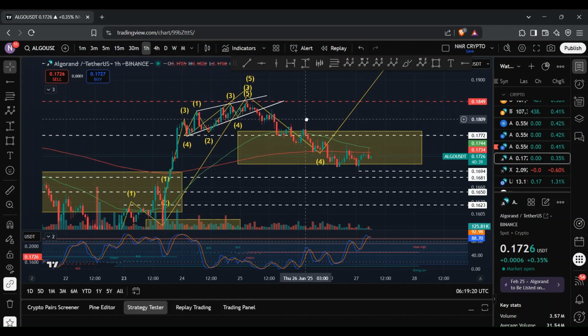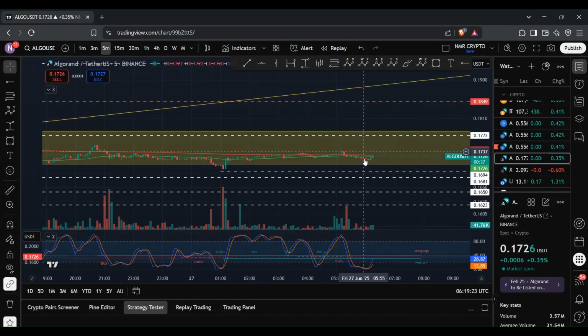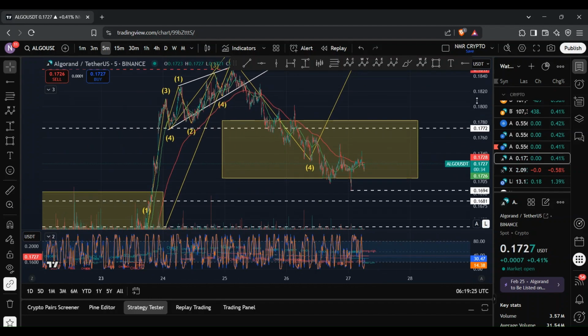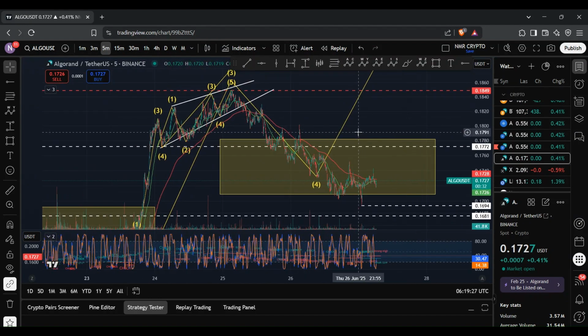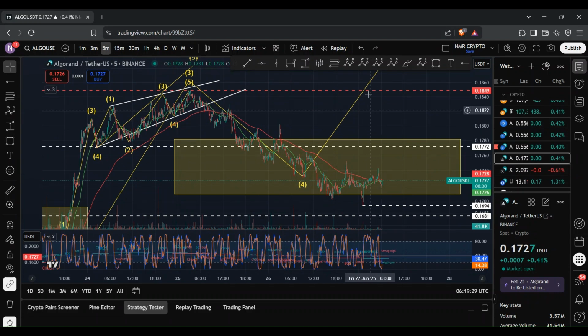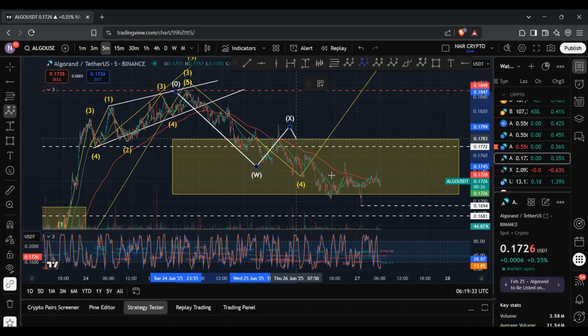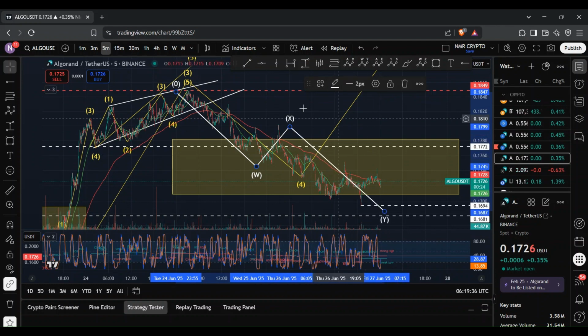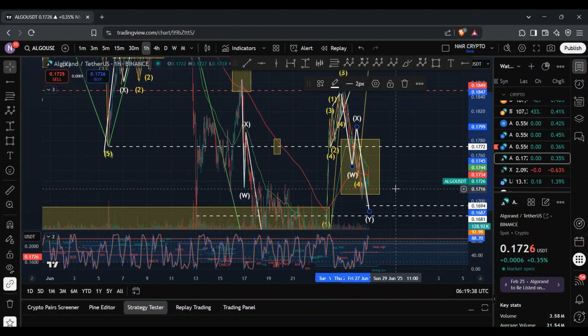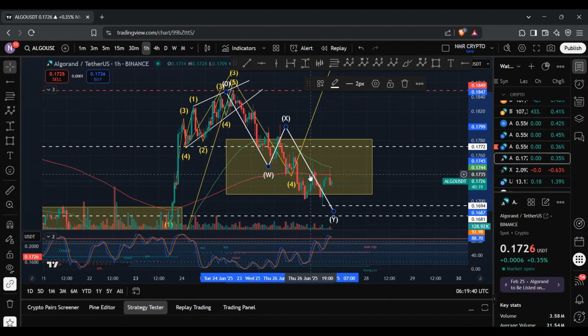And so what I'll do is go on the 5-minute chart. And I did mention in my previous video how I was tracking a WXY structure, where this was the W wave, this was the X wave, and we were looking for that fan move to the downside. And I also talked about us potentially finding support at the 200 EMA, which we ended up doing for a brief moment, but then we got rejected, which then led to that deeper move to the downside.